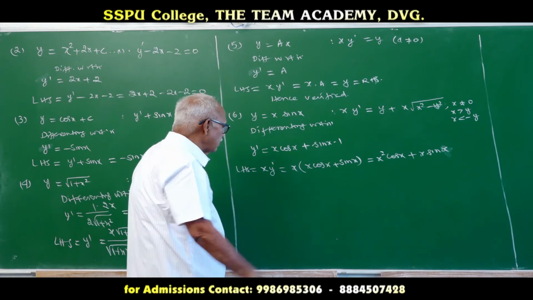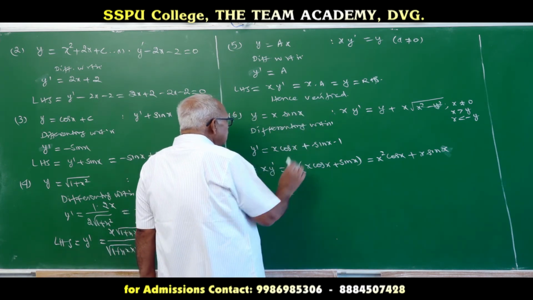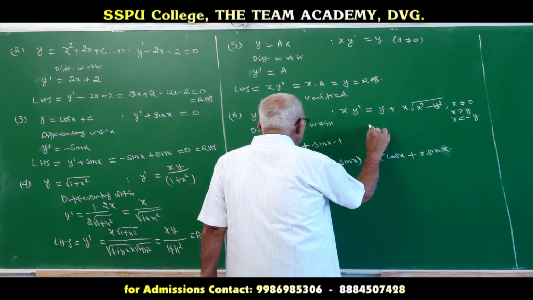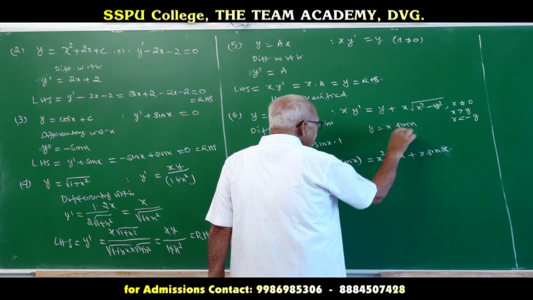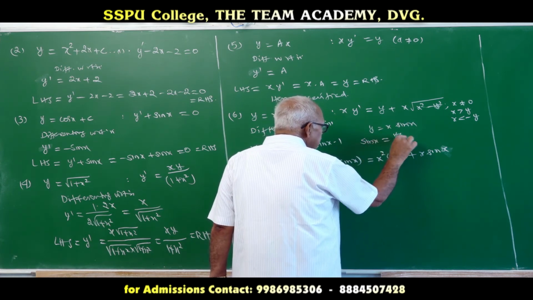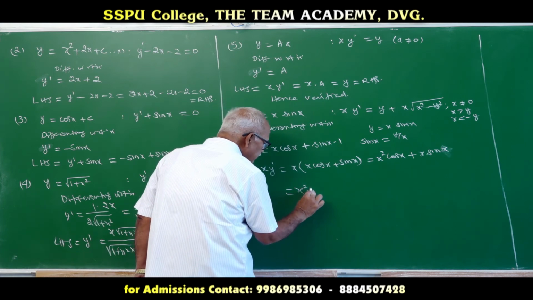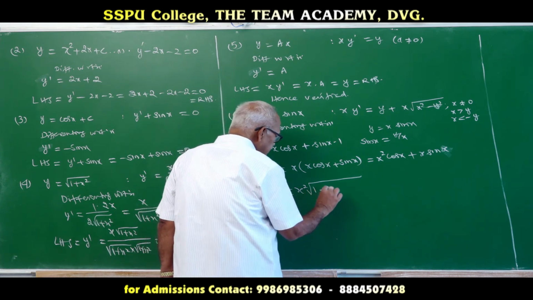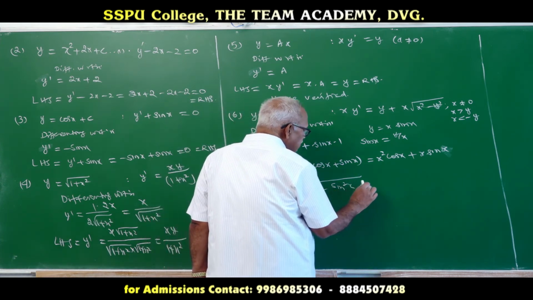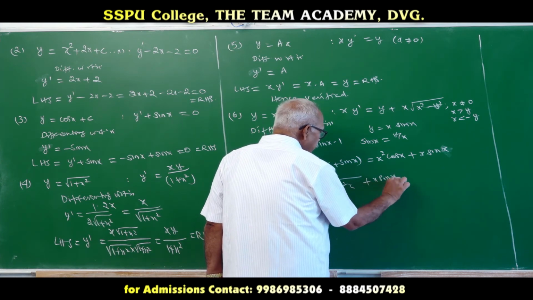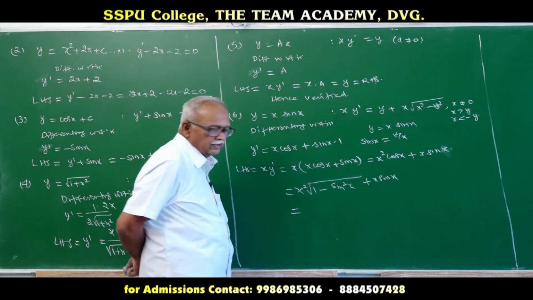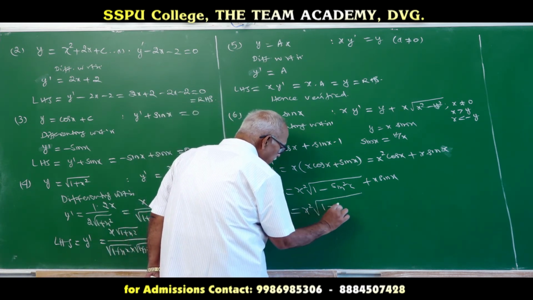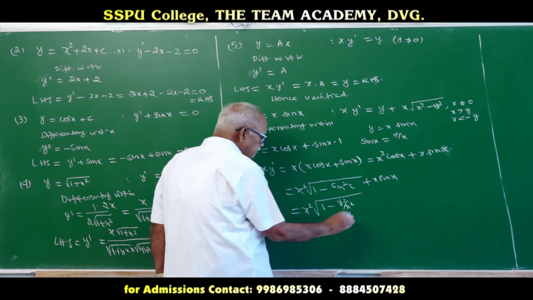How will you get this? What is cos x? See here, y is equal to x sin x, so sin x is equal to y by x. What is cos x? Root of 1 minus sin square x. What is the sin x? We have got square root of 1 minus y square by x square,